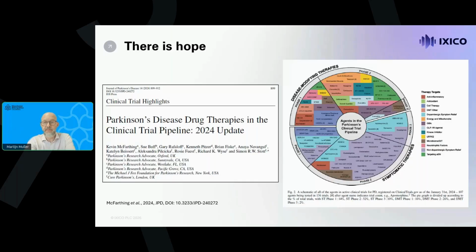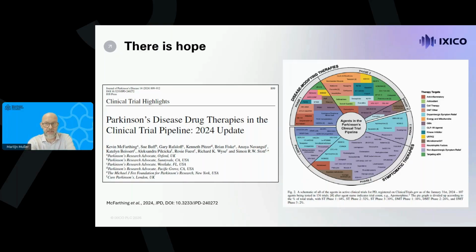I would say that there is hope. While challenges remain, there actually has never been more activity in the Parkinson's therapeutic pipeline. For the last few years, a group of Parkinson's research advocates and representatives from the Michael J. Fox Foundation and Cure Parkinson's have repeatedly come together to take an inventory of the drugs that are in the